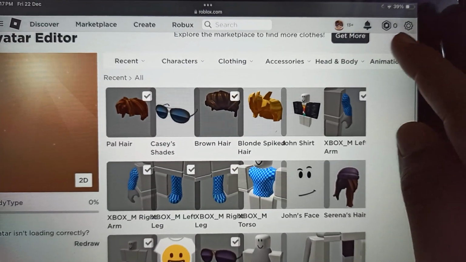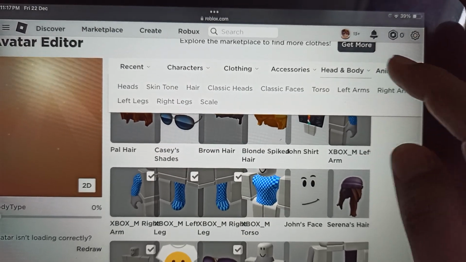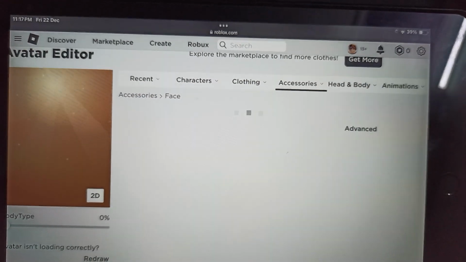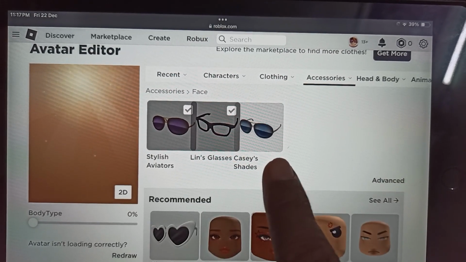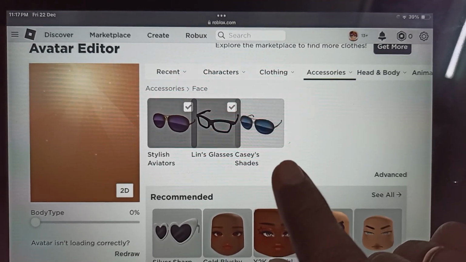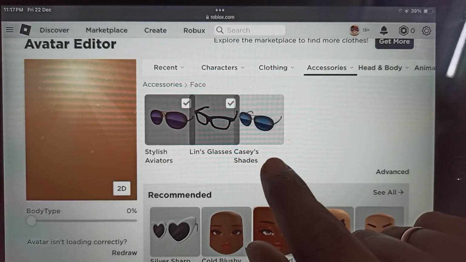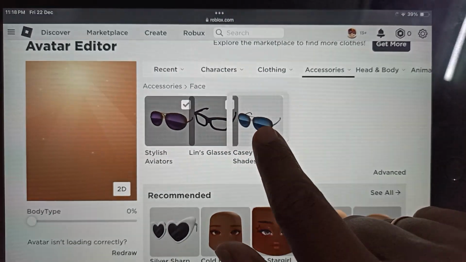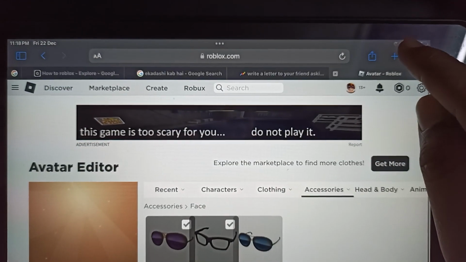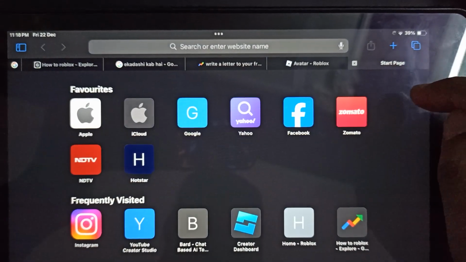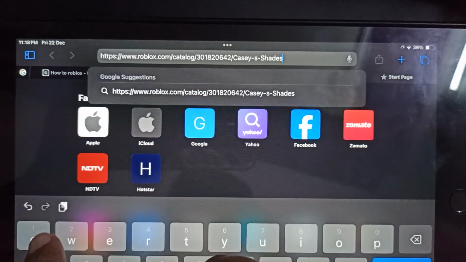Now you just need to tap on accessories and go to face accessories, and here you can see I have already equipped two accessories. I'll show you how can you equip the third one as well. So just hold the new accessories, copy the link address, tap on new, open tab, then paste the link over